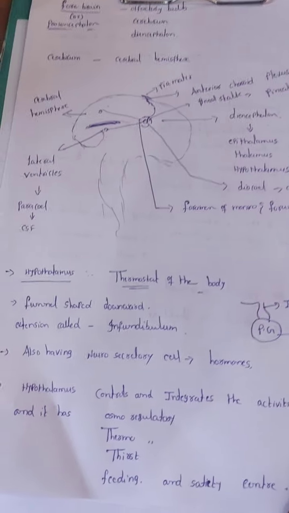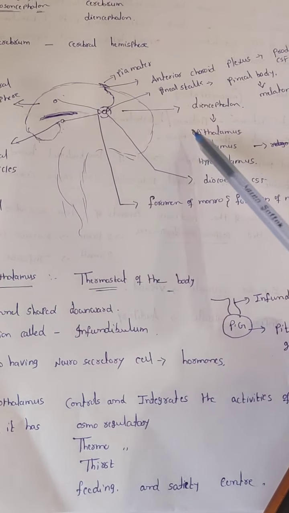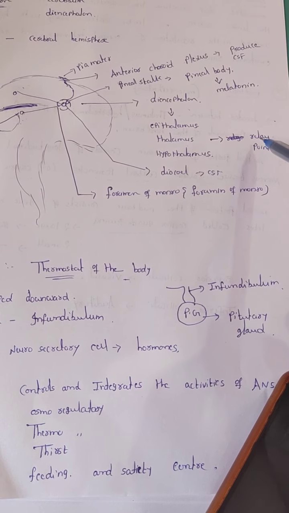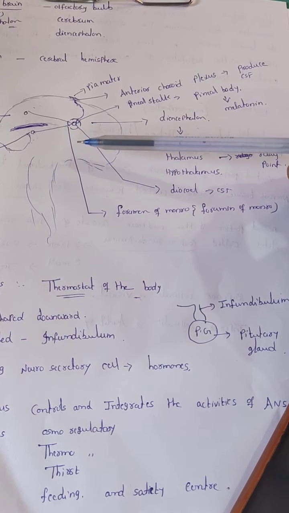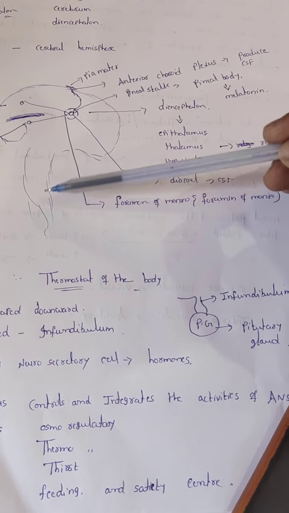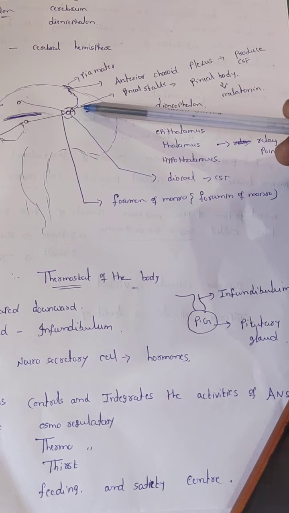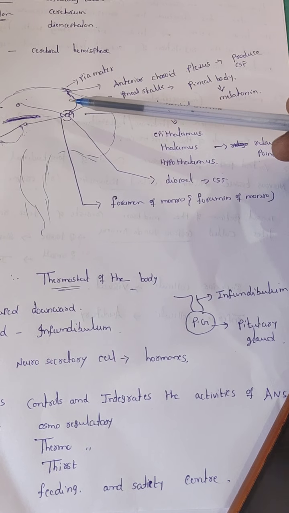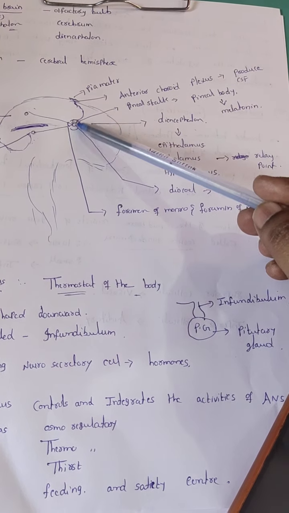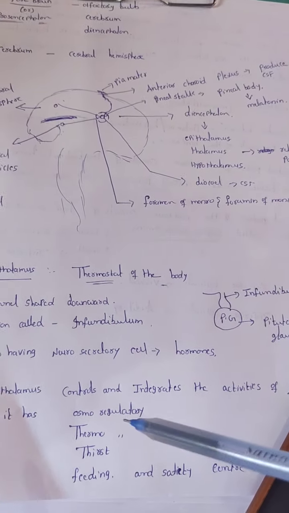Among these, the epithalamus is the non-nervous part. The thalamus is the relay point. Relay point means it transfers messages from forebrain to midbrain, midbrain to hindbrain, or hindbrain to midbrain, midbrain to forebrain. It is like a mediator. It has a sensory unit and a motor unit. Sensory unit means it takes in the impulse; motor unit means it sends the impulse. That is the difference between them.